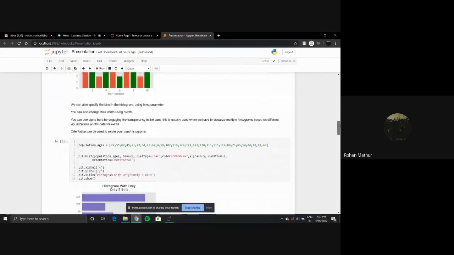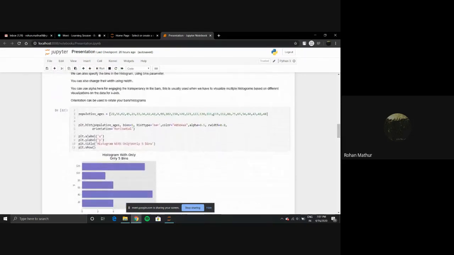Now we are going to be looking at a histogram. What many people don't know, or a basic question that comes to mind, is: what is the difference between a histogram and a bar graph? A histogram is basically a representation of plots for categories of data.